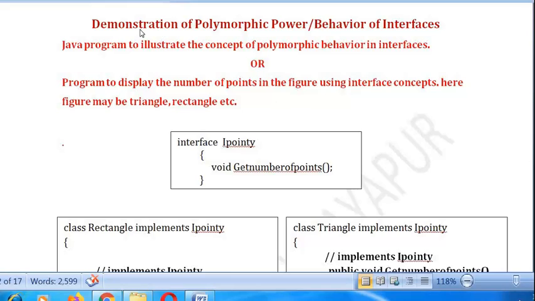Hello everybody. So now I am going to present a demonstration of the polymorphic power or behavior of interfaces. We know from the previous lecture what we mean by interfaces. An interface is a collection of abstract members and variables. Here polymorphism comes in two cases.